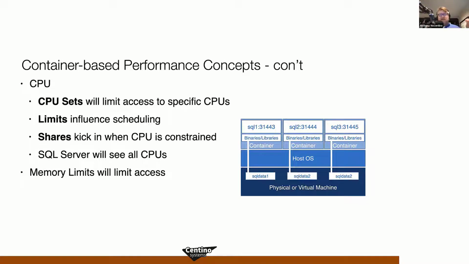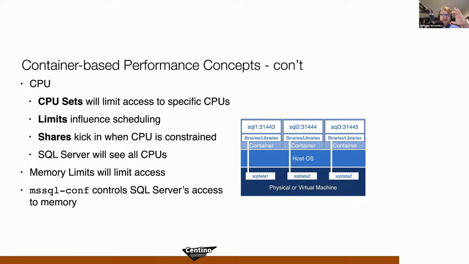When you start a container with, let's say, an 8 gig limit, the container will see 8 gigs. The SQL Server process sees 80% of the system memory that it has access to. So if I set a limit of 8 gigs, that's going to be the container of 8 gigs. SQL Server will allocate 80% of that, which is roughly 6.7 gigs. If you don't set a memory limit, SQL Server will have access to all of the memory on the base OS. And in a multi-instance scenario, you can see why that would be bad, because they'll start fighting for the